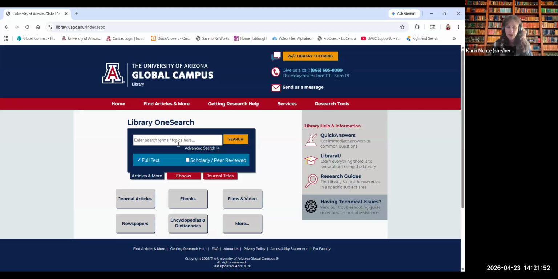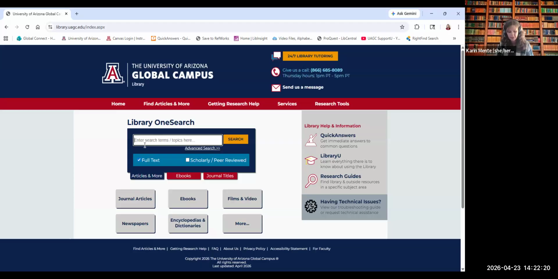Google works with natural language searching, where you can just type any natural question that might come up into the search box and it will find results. Whether they are relevant or not, it will give you a lot of results. And for the most part, they're pretty relevant. But we have this new feature in the Library One Search and in EBSCO that allows you to search the library the way that you might search in Google.